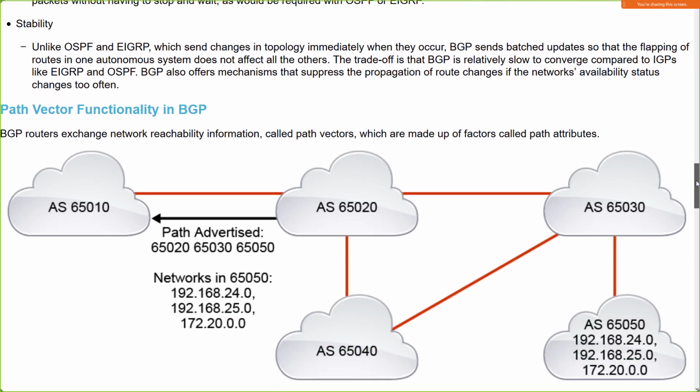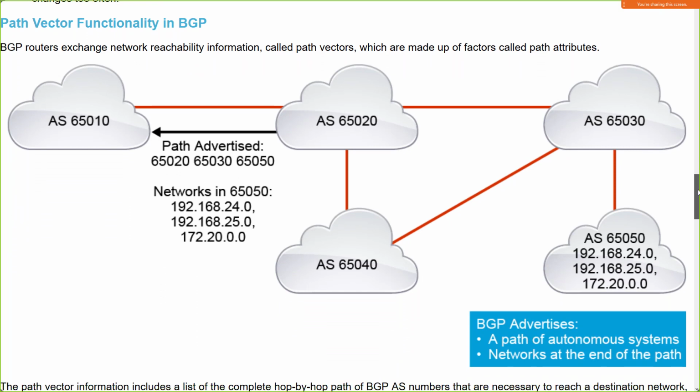It is a path vector protocol, and we use what we call path vector attributes to make decisions on how we're going to route to a particular destination. Reachability is autonomous system to autonomous system. So oftentimes, a lot of people will classify BGP as a distance vector protocol because it looks like a distance vector protocol. You know how many autonomous systems